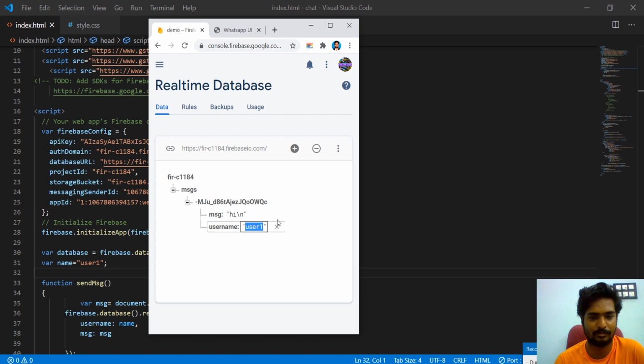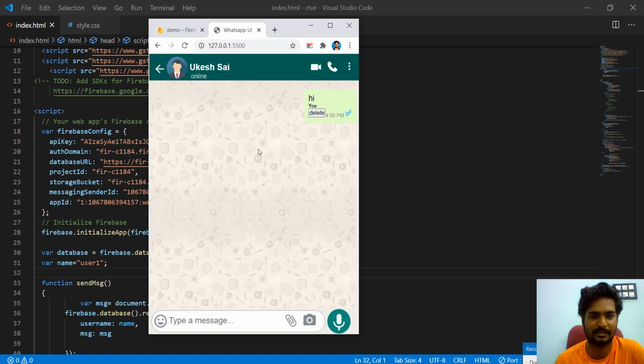It is user one. So the chat application we developed is like a one-sided chat application. It is not a chat application at all. So today we are going to add the functionality to make it a real-time chat application, where you can chat with your friend or with your family, and also how to change it into a group chat application. Those two functionalities we are going to see today. Okay, let's start.